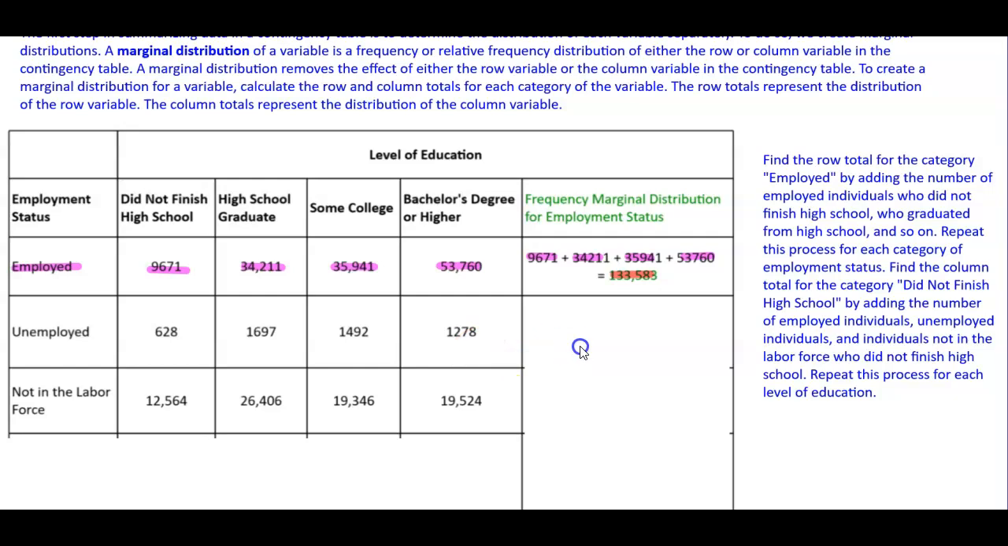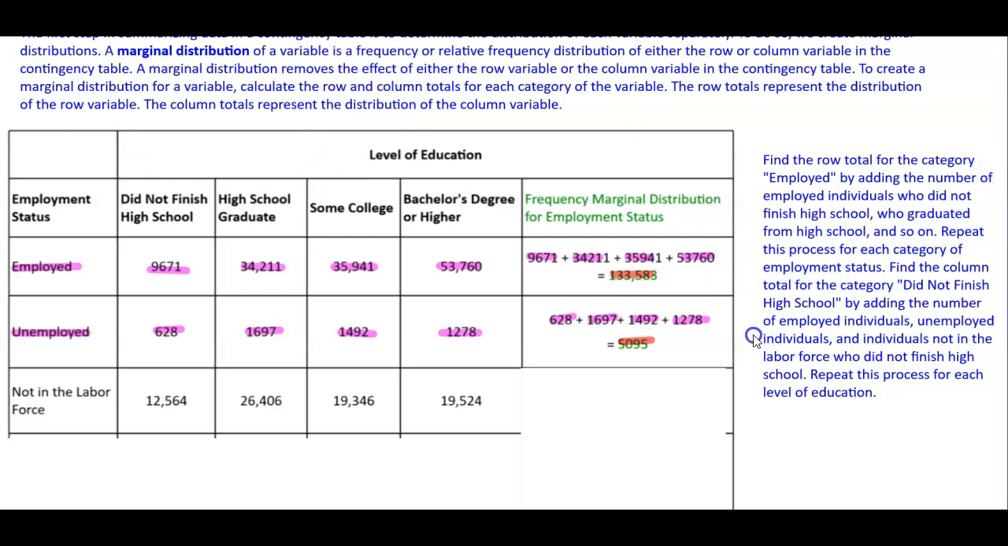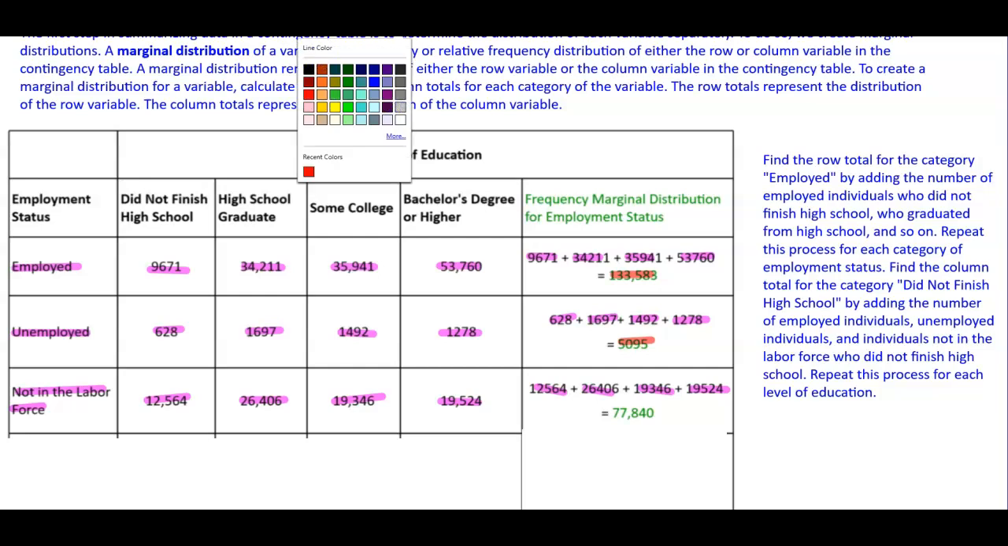So now we're going to move on to the next category for the row, and it's unemployed. So we're going to add up each value: did not finish high school, graduate, some college, and bachelor's degree. So again, we're going to take our 628 plus 1697 plus 1492 plus 1278. When we add that together, it gives us 5,095. Okay, and then we're going to do the same thing with the last row. So the last row is the not in labor force, and we're going to add these 4 values together to get a total of